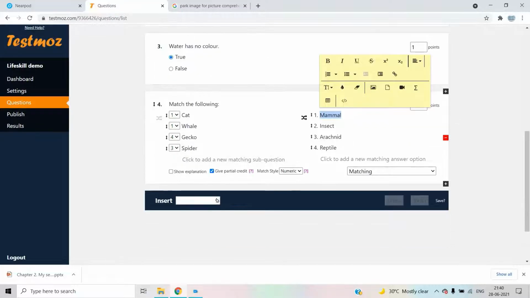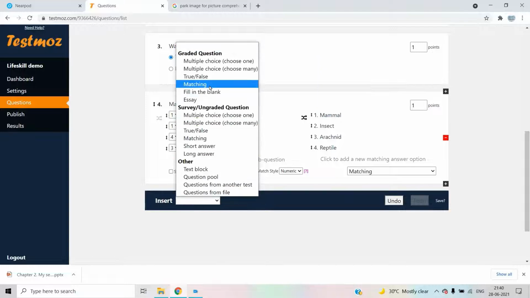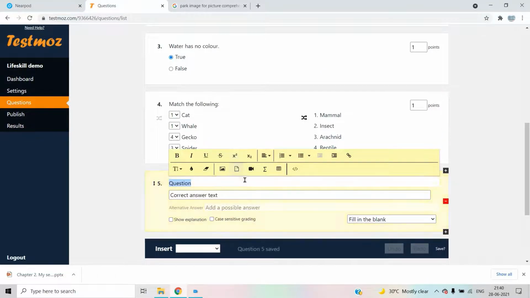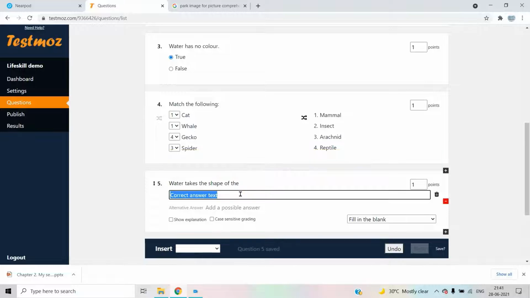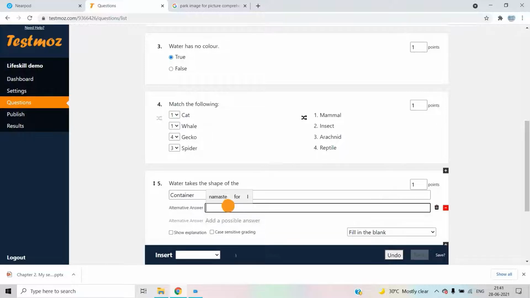Okay. Next we are going to add fill in the blanks. If you want to add any possible answers, that also you can add here.